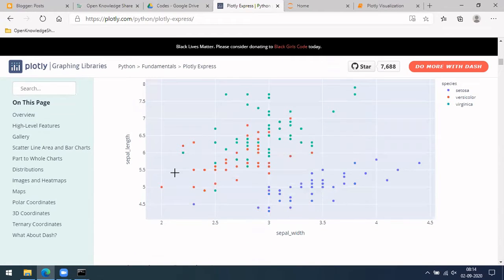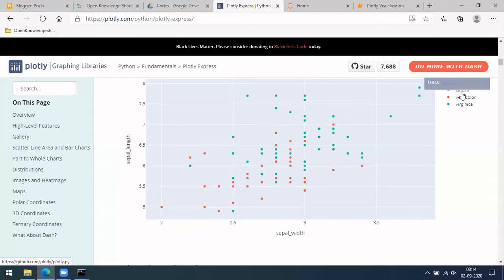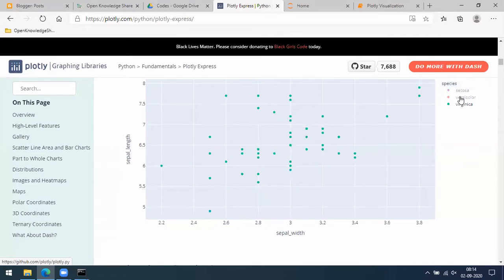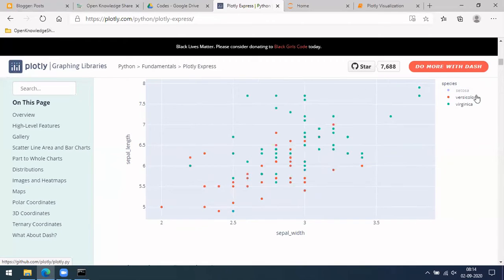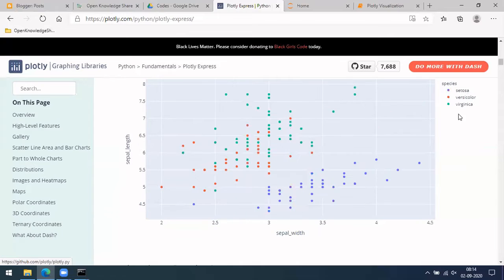If you see here, this is a scatter plot, right? Which we have seen using matplotlib as well. If you hover your mouse pointer here, you can see what exactly this is. In this, if you want to see only one class, you can see these are of three different labels, right? If you want to select only one class here, you can disable two of them and see one only. Or disable one and then see the others, something like this. You can do that interaction with this.